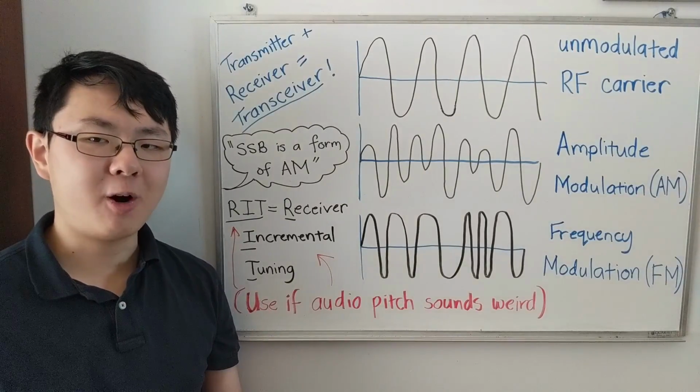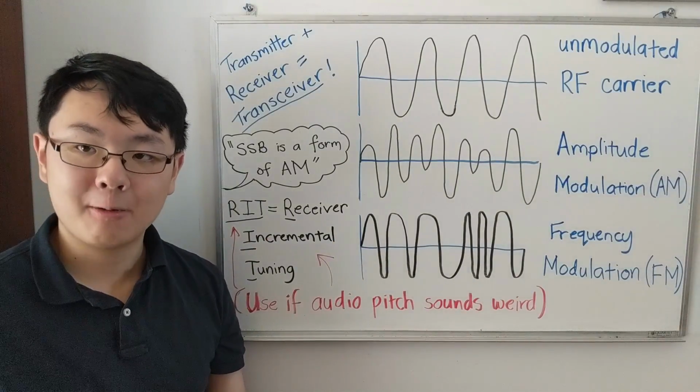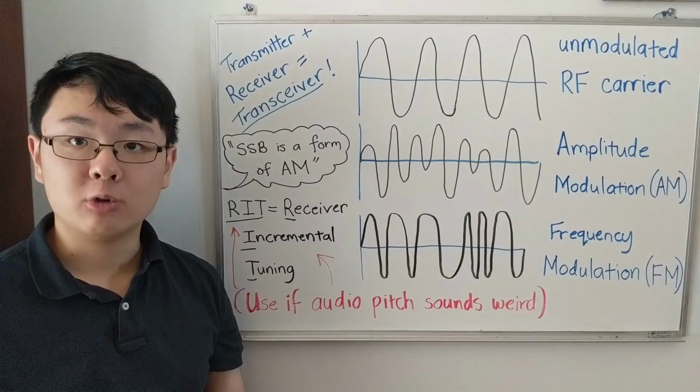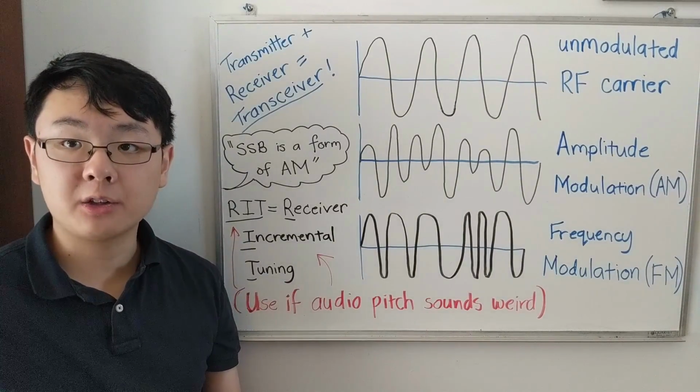So it's best to just have RIT off most of the time. I just use the big, giant tuning knob on the radio to change everything at once, which is probably what most people normally do. All right, anyway, moving away from RIT, now what I want to talk to you about is an oscillator,